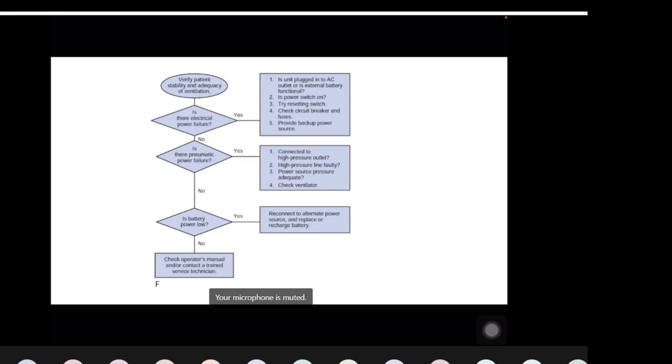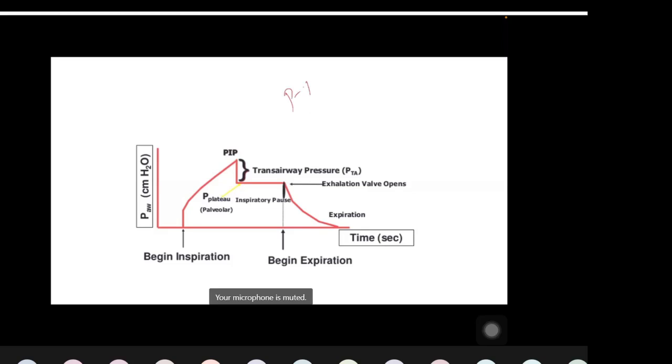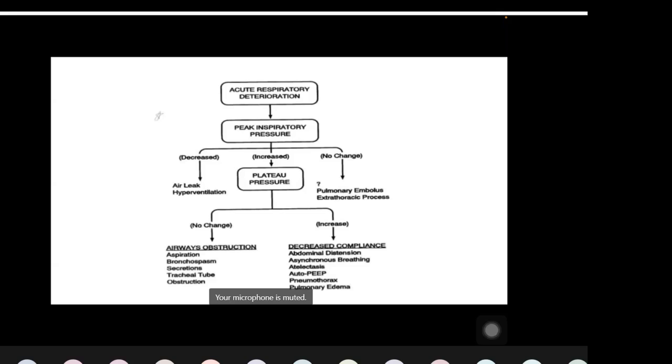So the most important thing, once again I am stressing, is the pressure time curve that you have to consider. It's very important, especially in the ARDS setting. So in any patient who is acutely deteriorating, look at the peak inspiratory pressure. If the peak inspiratory pressure is reduced, it may be due to air leak or hyperventilation. If the peak inspiratory pressure is increased, always go for the inspiratory hold maneuver and assess the plateau pressure. If the plateau pressure is increased, that means it is due to reduced compliance. Get an X-ray possibly. Also look for evidence of surgical emphysema, pneumothorax, and assess the chest